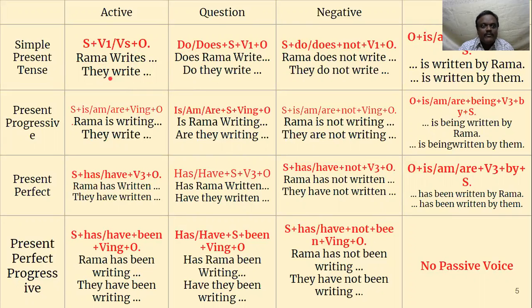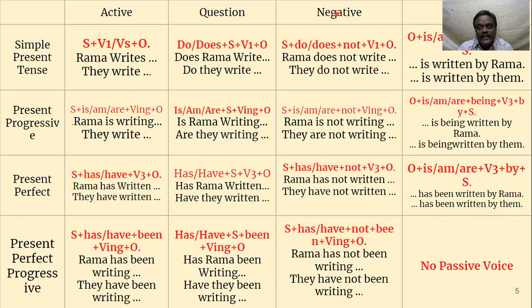Actually, there is a helping verb, but it is hidden. We are not using it unless it is for emphasis sake. We use Rama does write a letter or they do write a letter. So we assume that there is do or does. We have to bring that do or does to the beginning of the sentence, before the subject. So for making a question from Rama writes a letter, we say, does Rama write a letter? Or do they write a letter? They is plural, so we have to use do. Singular, we have to use does.